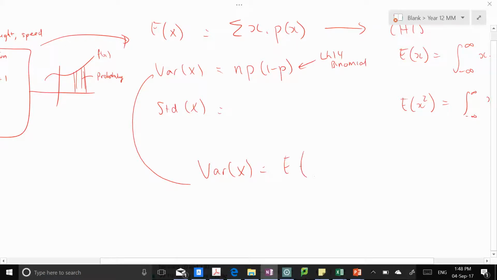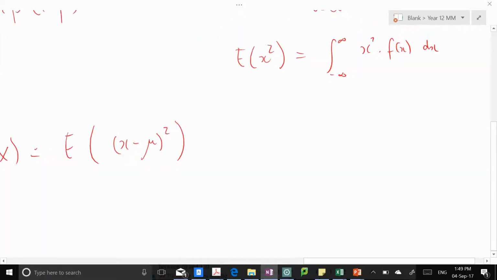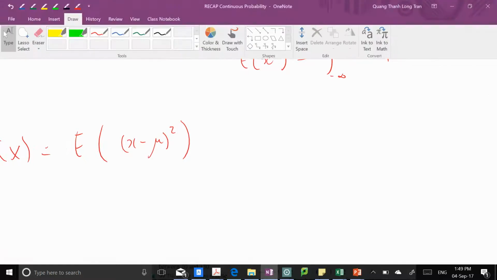Fantastic. E, it's not times, it's E of x minus mu all squared. And that basically just means find the mean of your data, subtract my prediction, squaring it. That just means find the mean. So find my average error is what you're really doing. Find how bad is my error of prediction. So you're saying find your error of prediction, and so that means if that's the theory,